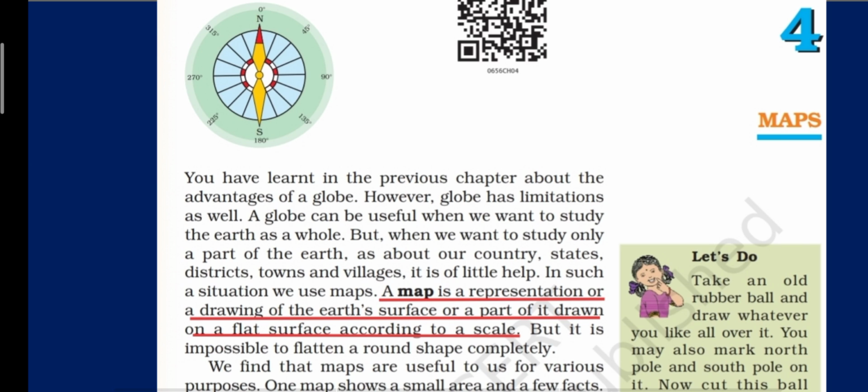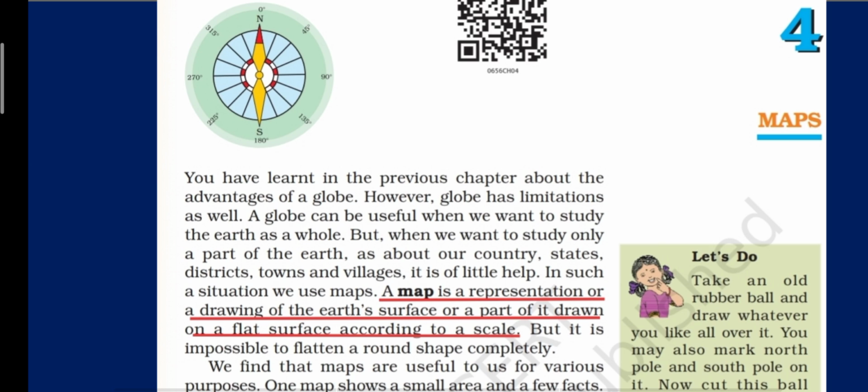So children, I am sure you all have seen a map before. In class 5 also, you all have marked the continents and oceans on a world map. So first of all, let me ask you, what is a map? In easiest terms, map is a drawing of the earth on a flat paper or a sheet. So now that we know the definition of a map, let us start reading the lesson.